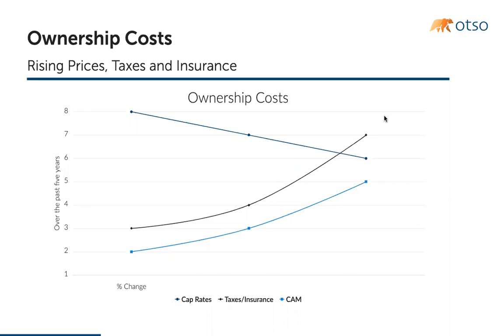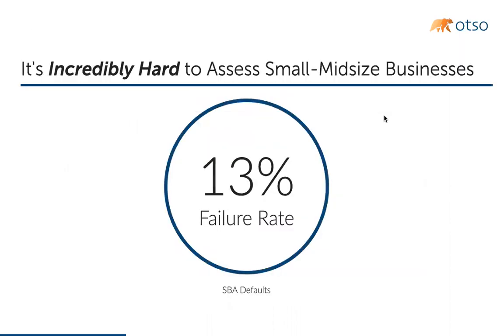We're trying to squeeze blood out of a stone in some cases on some of these recent purchases in the past couple of years. Now let's talk about leasing. Where are we headed from a leasing perspective? As discussed, we think that the tenants are going to be in control for the next 18 to 24 months in almost every asset class except pure industrial.